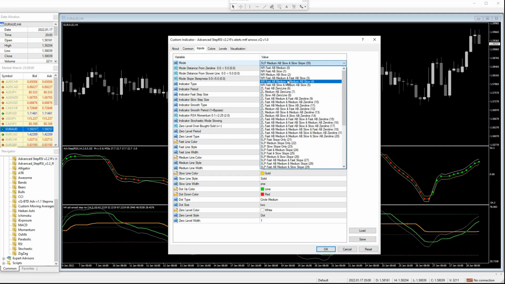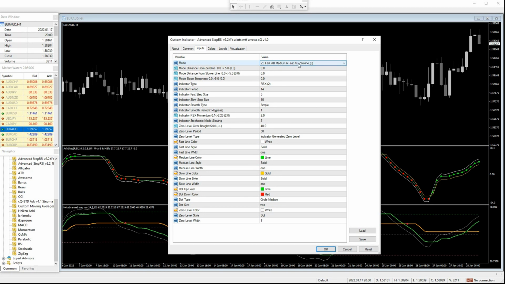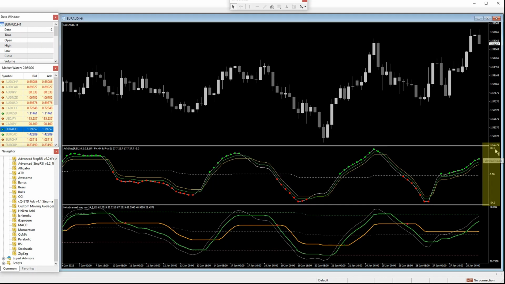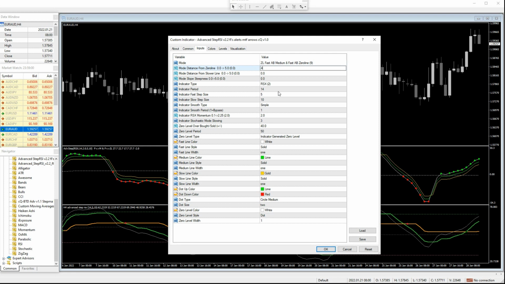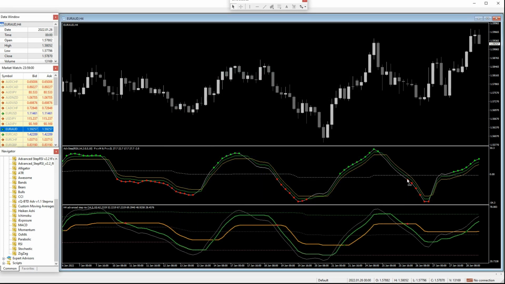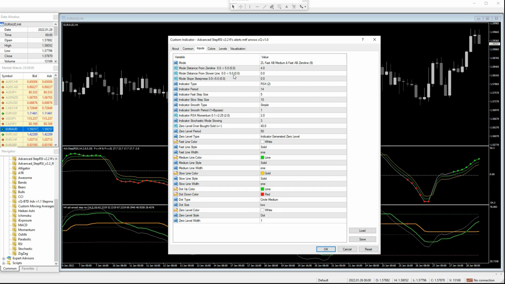The other thing that it has is, here we'll do this one. And this is a fast above the medium and fast above the zero line. With this variable right here, this next one down, this mode distance from the zero line, you can see the range here. It's generally around 50, from 0 to 50 or 0 to minus 50 or so. I'll put 4. In this example, the fast has to be above the zero line by at least 4, or below by -4. So if you watch right here, this one right here, and I put this back to 0,